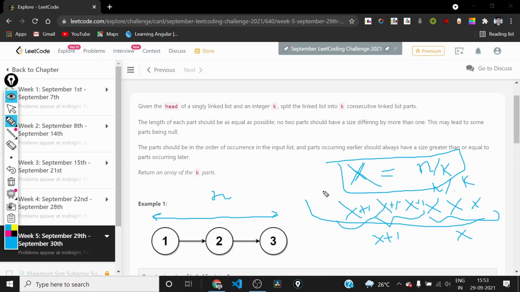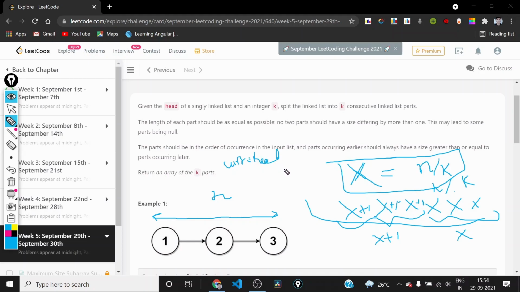So now after we have got the sizes, how can we split the linked list? We have to discuss this algorithm. So first of all, we will calculate the number of nodes present in this linked list. So how will we do that? First of all, we'll use a variable called current, and I will initialize it with head.